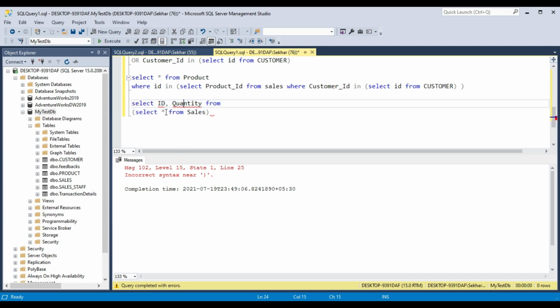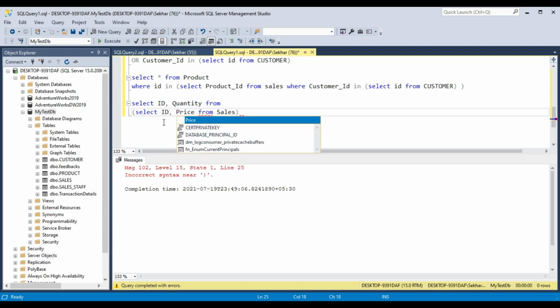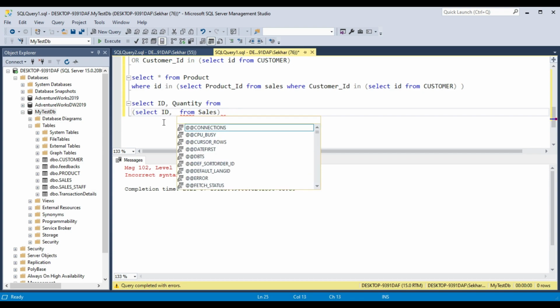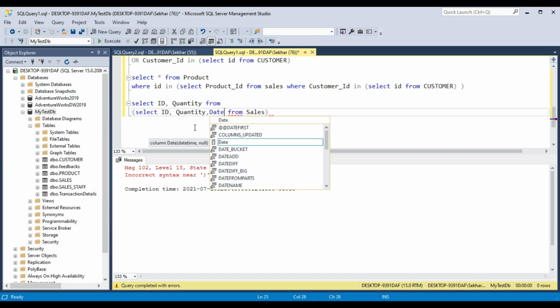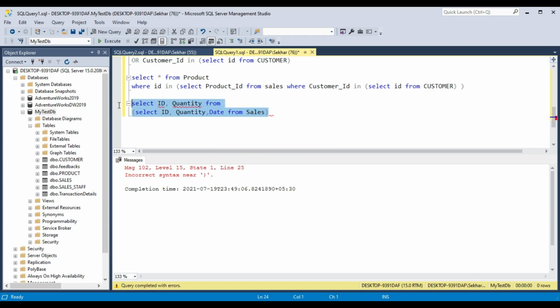So it is not working. So let's try ID, quantity, date. This is also not working.